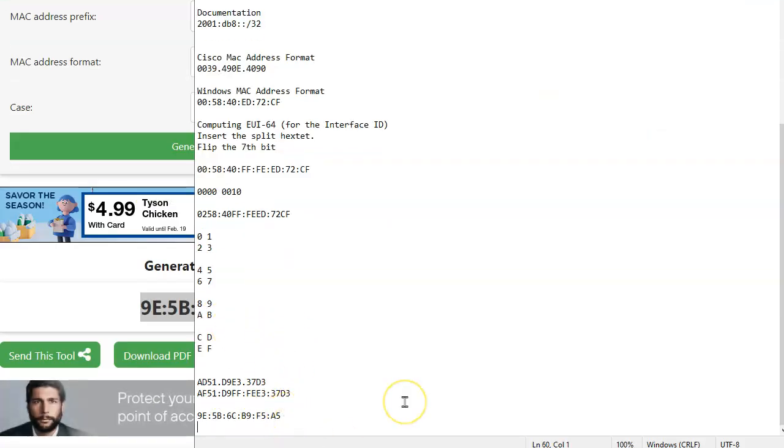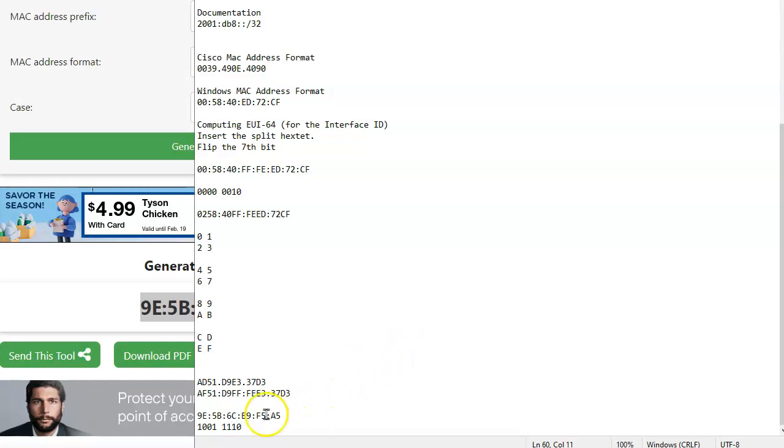Okay, so I'm going to flip the 7th bit. Now, in this case, I'm going to do the binary again, okay? In this case, my first number, 9, looks like this. And then I have an E. An E, we know, is 14: 8, 9, 10, 11, 12, 13, 14.